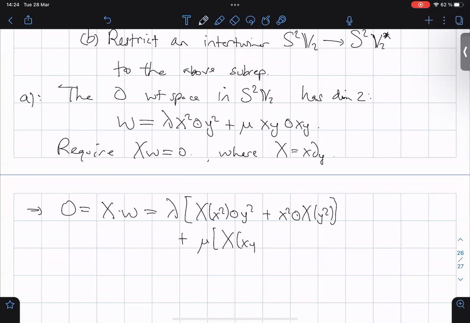X on y plus xy x. Okay. There is a symmetric tensor product over here, so actually this vector is the same as this vector. All right, so let's just evaluate this. Okay, so this is 0. This gives me